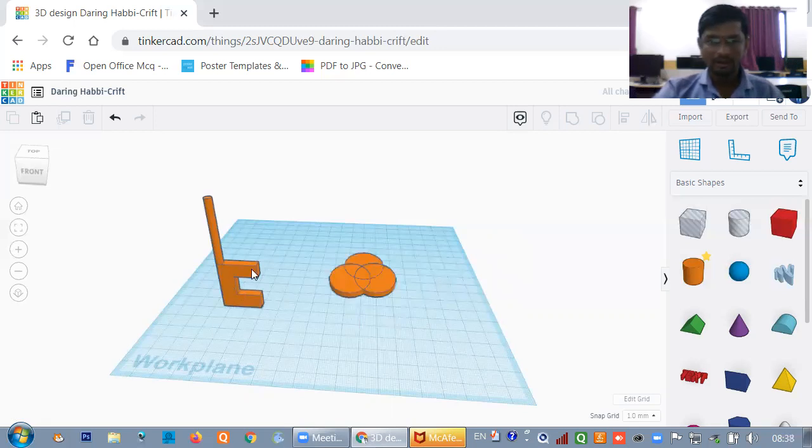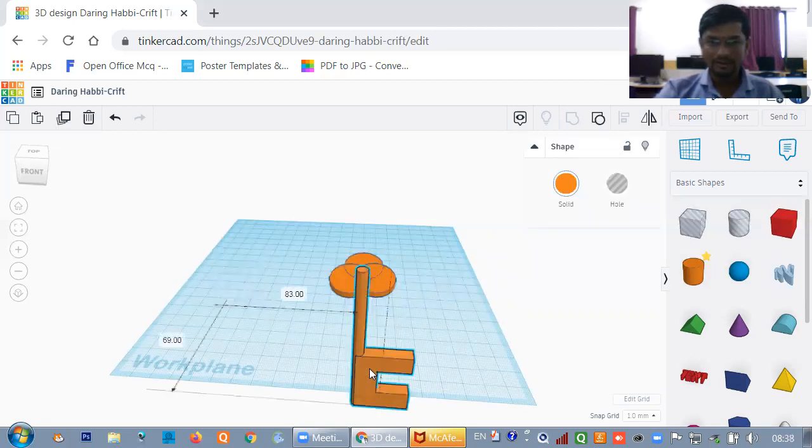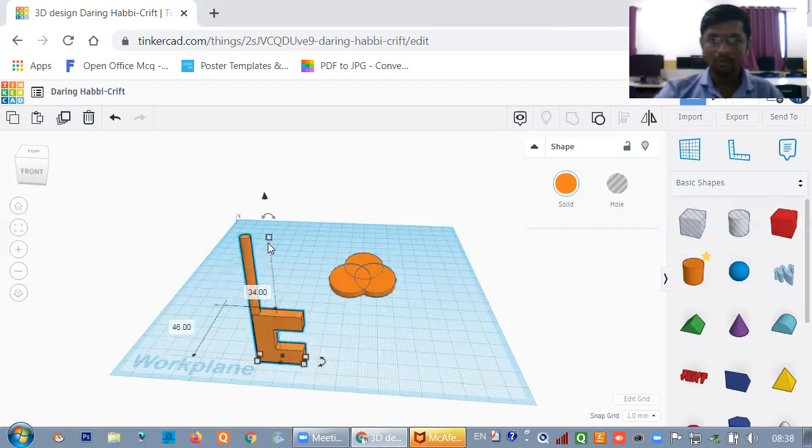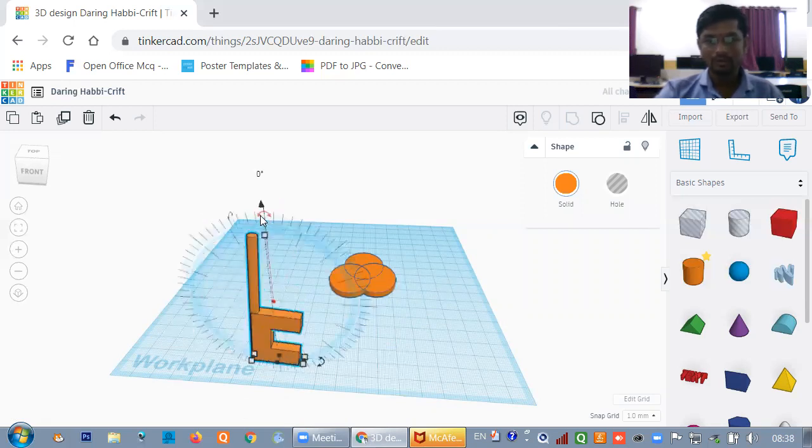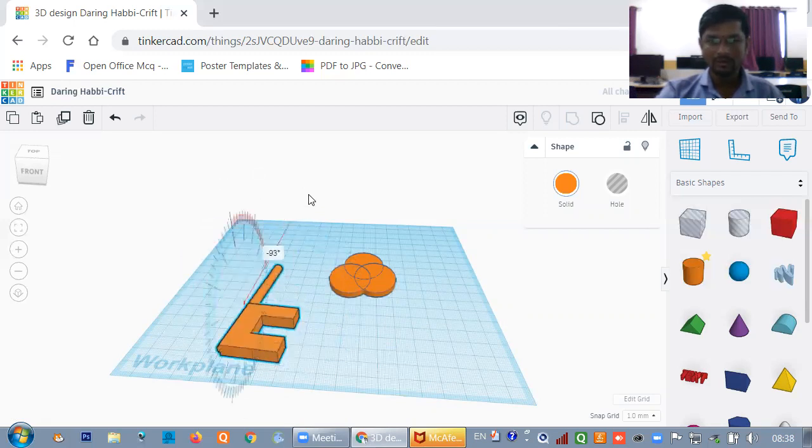Now again you have to take this key here. I want to show you the key. You can move it to a different angle with the help of this. If you want to show the downside, you will use this rotation angle.